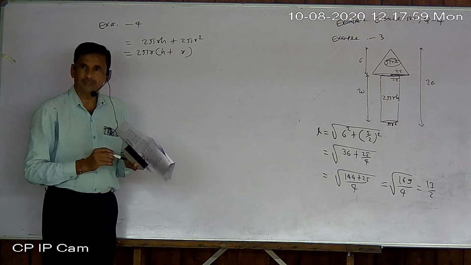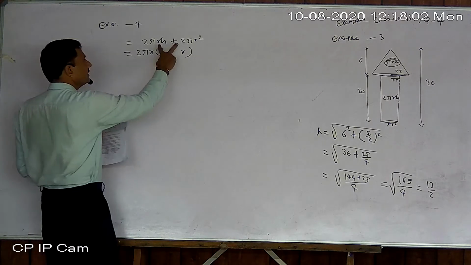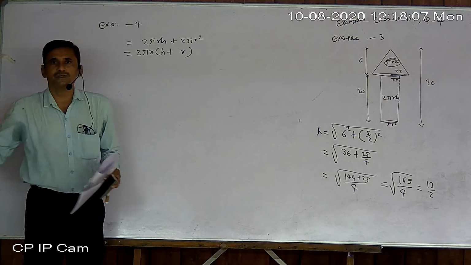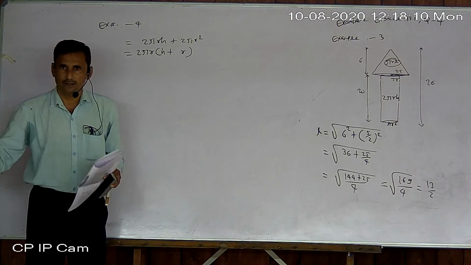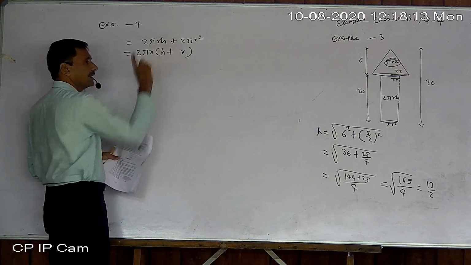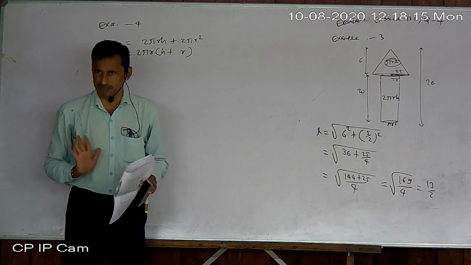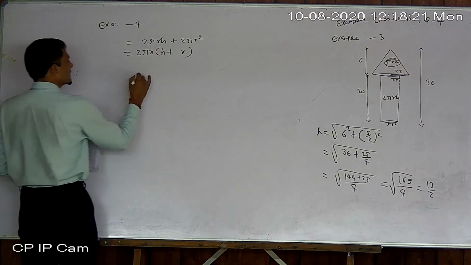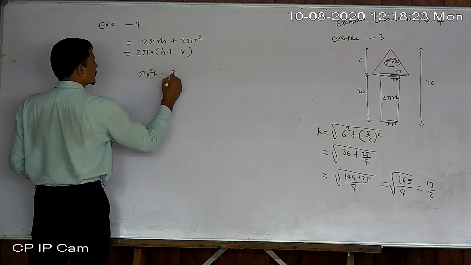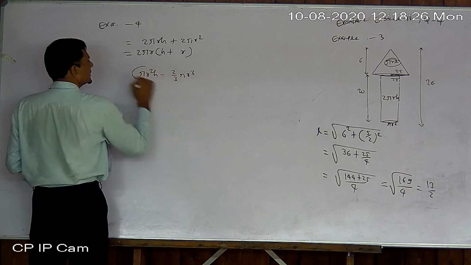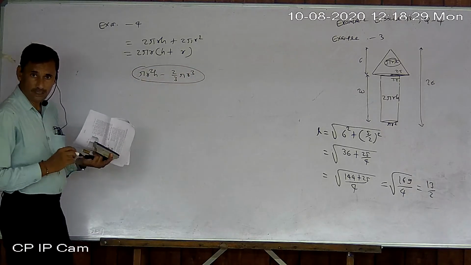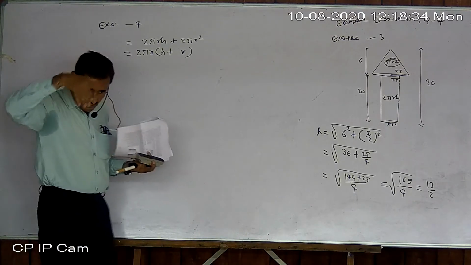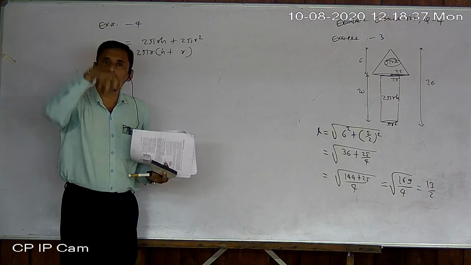Why? Whenever a depression is there in an area, then the area is added. If it is a case of volume, then volume will be subtracted. Why? That portion is removed. That quantity has gone. But here in area, don't subtract area. Area is mostly added, never subtracted. Okay, so keep in mind, if it is a case of volume, then we may write this one, pi r square as minus 2 by 3 pi r cube. But this is for volume only. Area is mostly added, whenever you carve out or make a depression, pit in any shape.